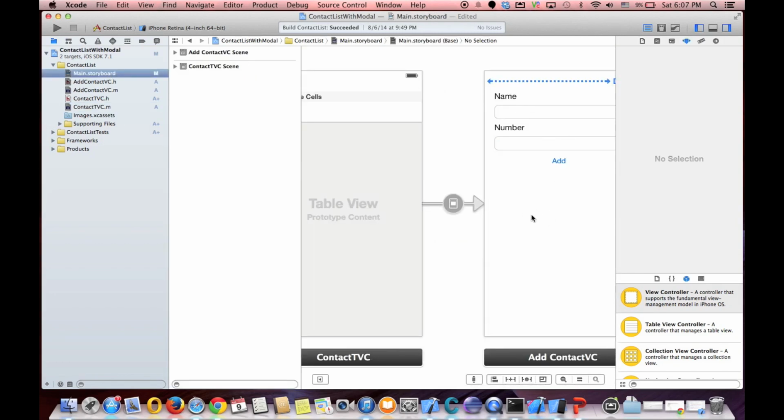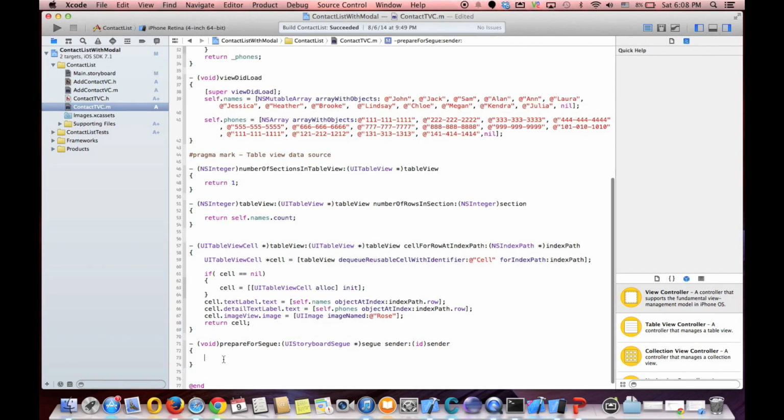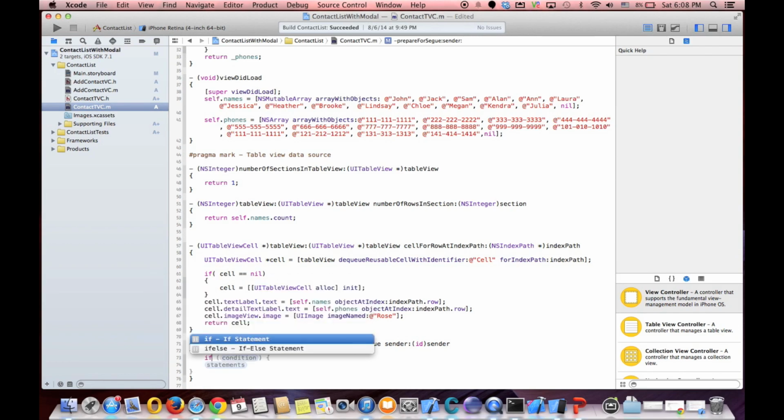so that we're sure that we are opening this view. Because, for example, we may have other segues, other links to other controllers, and we want to make sure that this is the one that we want. So how do we know it? It's by the identifier. So if I add the identifier here, called add contact, and then when I click here again, it'll show me add contact as the identifier, and then come back to the prepareForSegue method and say if